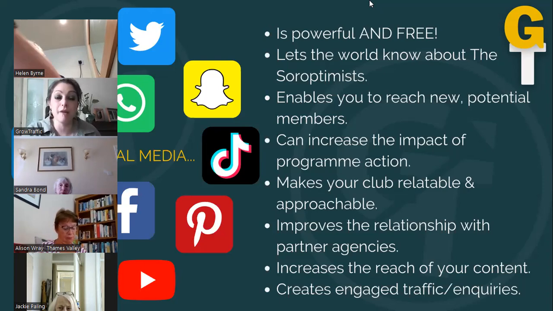And we got several members quite quickly. In fact, I think in one year we got about six new members. Well, the first year of lockdown, we gained six new members, and then we had a sort of steady stream after that. And it does just show that there is benefit to social media. There's a direct sort of correlation that you can see as to how it benefits your club.